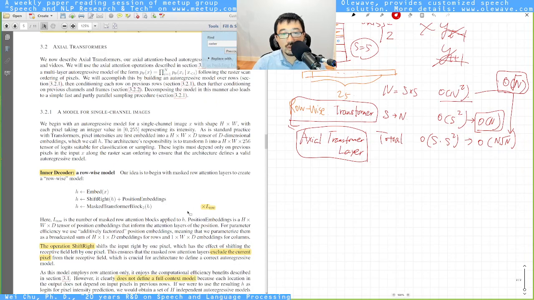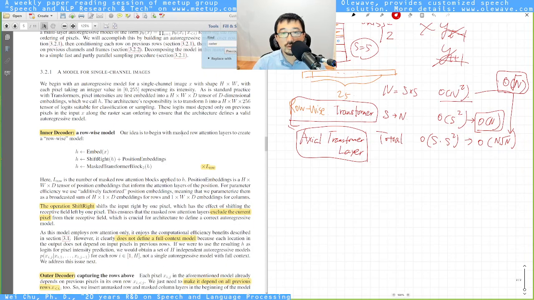You can see the equation here. They explain their idea step by step. Although the row-wise model is not the model they finally use, suppose they have a raw input X, and then after passing through embedding, they get